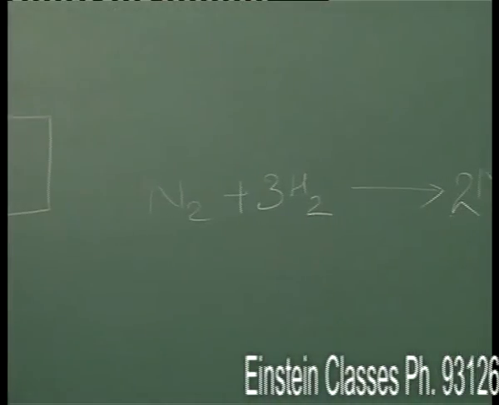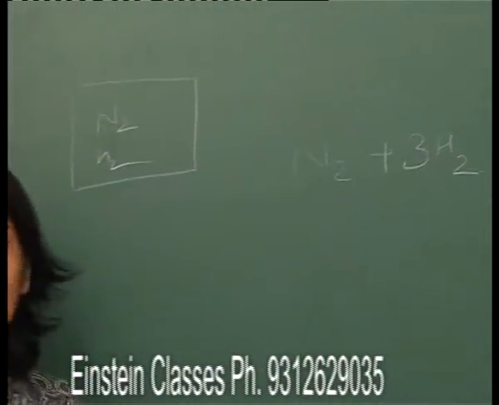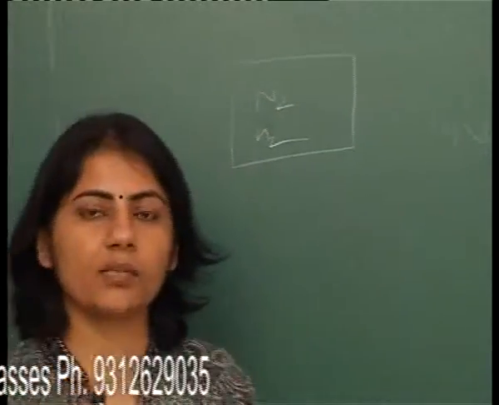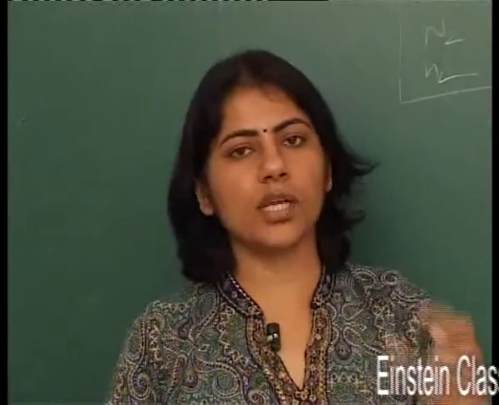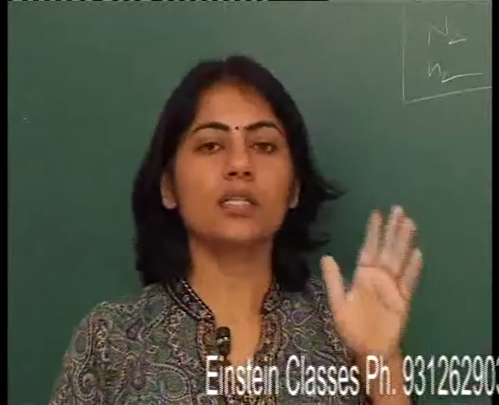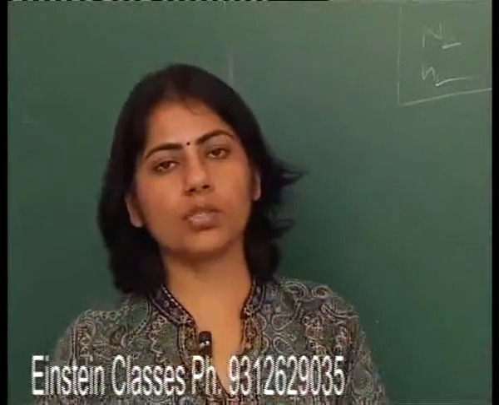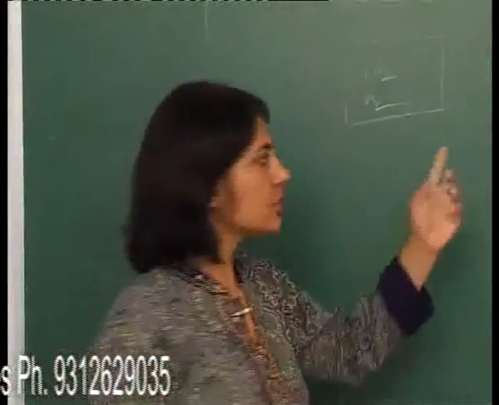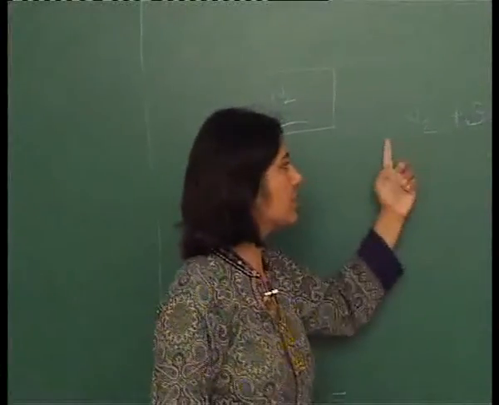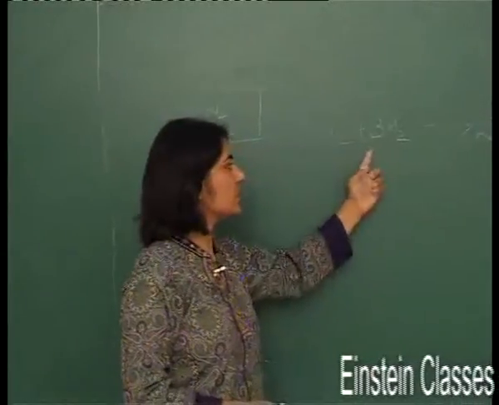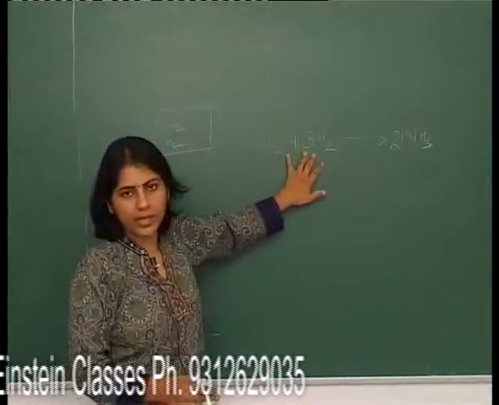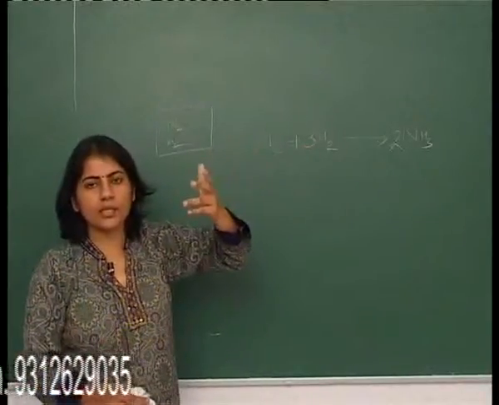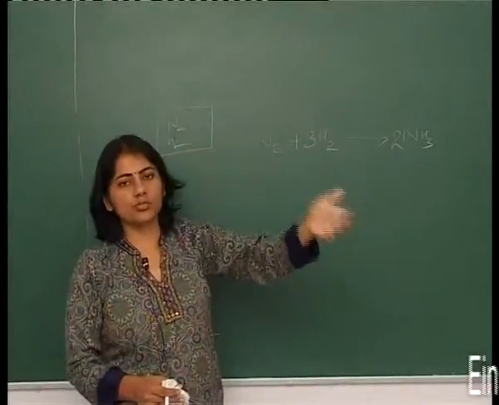It means that whatever the moles of nitrogen there are, 3 times that of hydrogen is going to react. If 100 moles of nitrogen have reacted in the container, it means that 300 moles of hydrogen have reacted. So this is the molar ratio between reactants with which they react. It is not always necessary that there are 2 reactants. There could be only 1 reactant, and then that reactant could be changed into product.